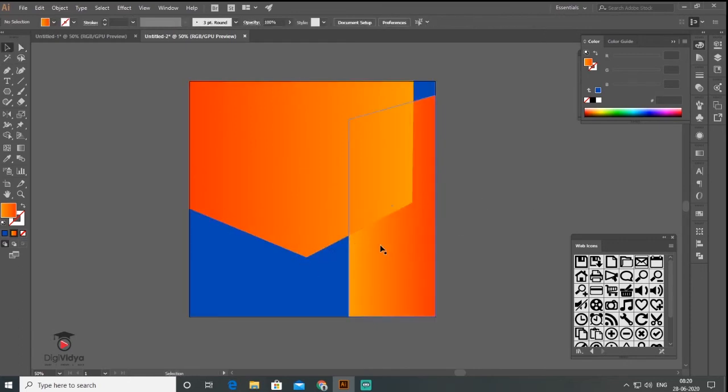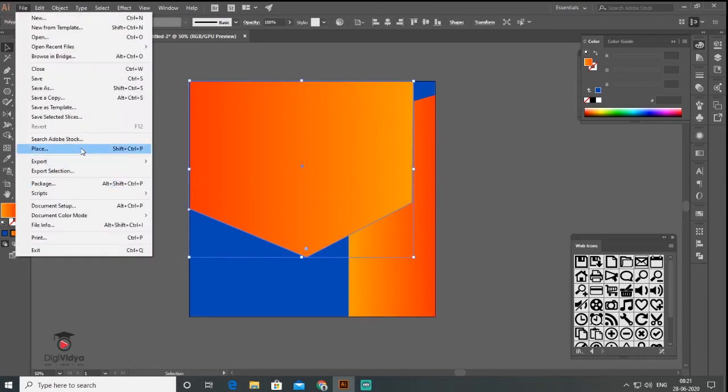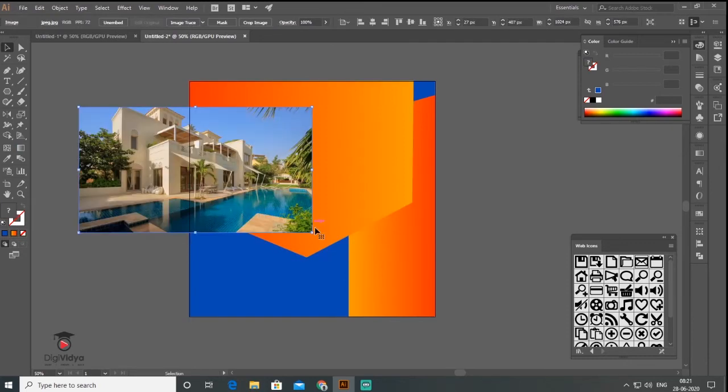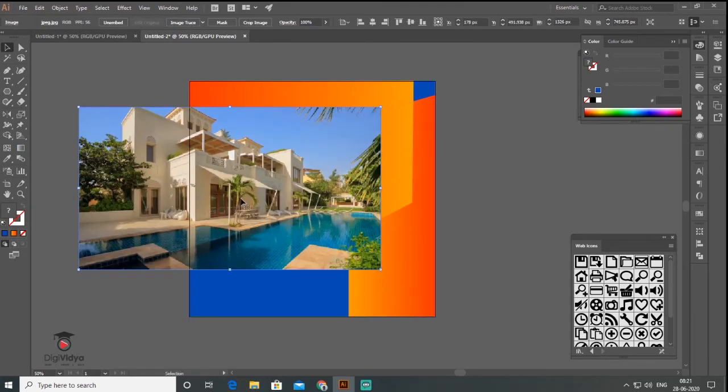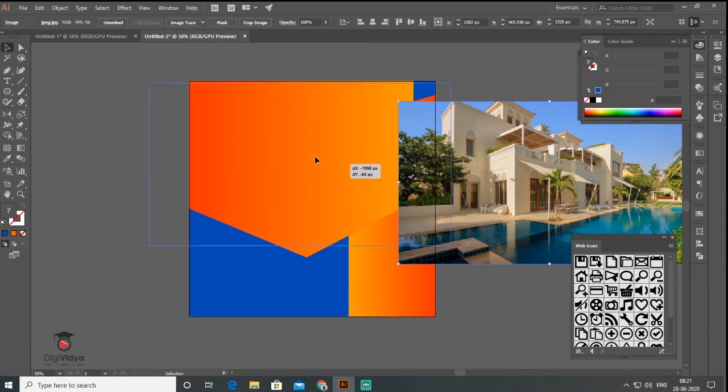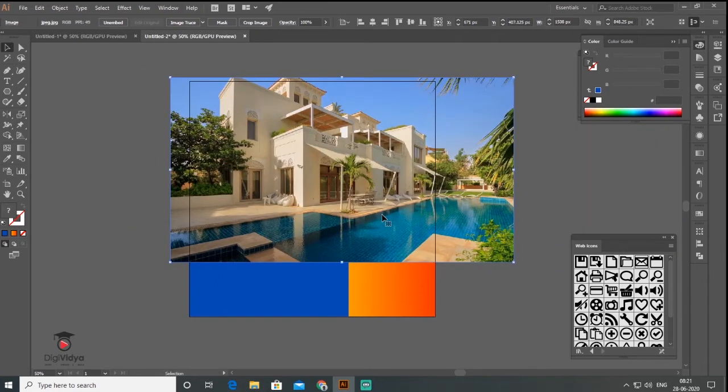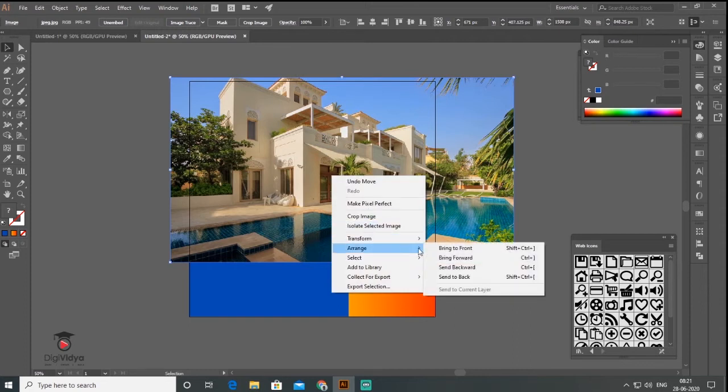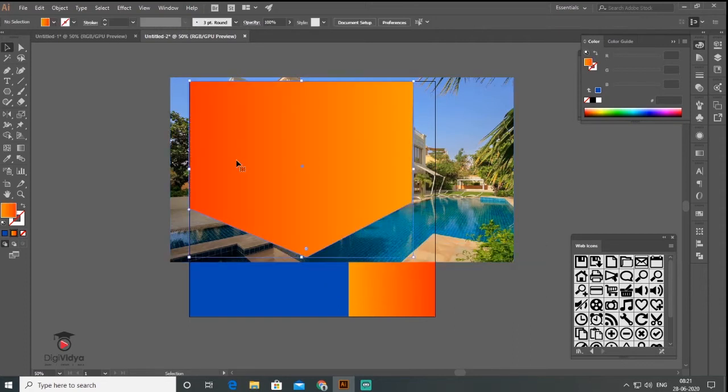Okay, so now I want to insert an image inside this pentagon. So for that I go to File and place an image here. So here is my image. I just enlarge this image and fit it accordingly. Fine. Then I right click on it, Arrange, Send Backward. Basically my object is on the image, so I select the object first and then press Shift, then the image, and